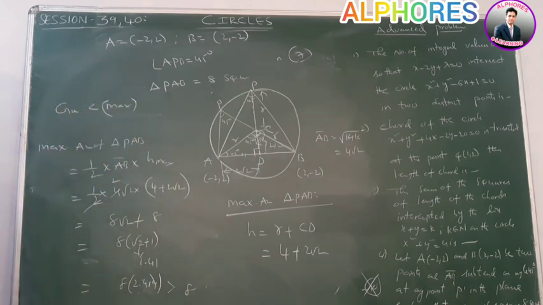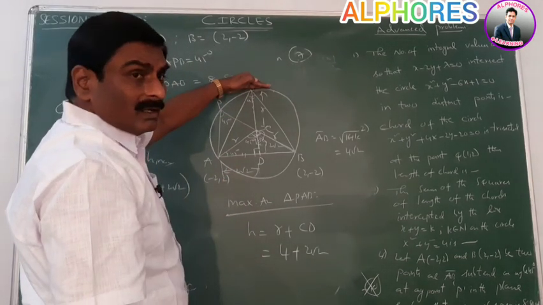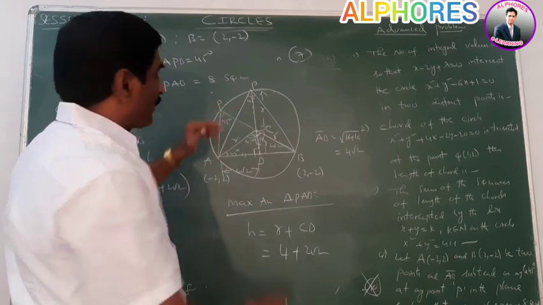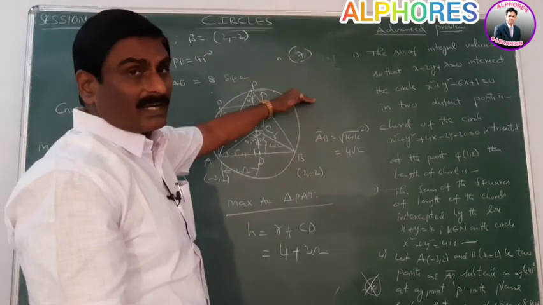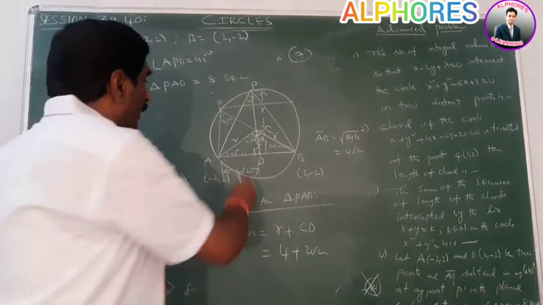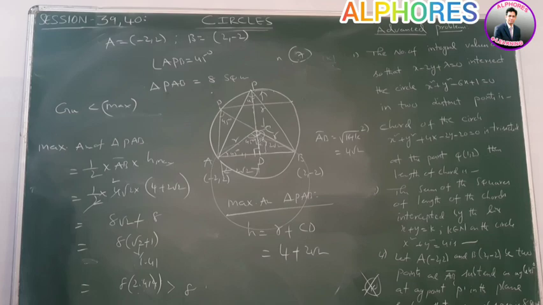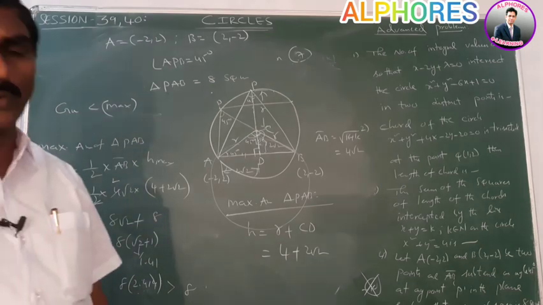Therefore, number of possible values of P is, in this circle we get height is, maximum height is this value. For getting this area, height is less value. That means there will be 2 possibilities. This side 1, this side 1. That means 2 possibilities in the circle. In the below circle we get 2 possibilities. That means 4 possibilities. Therefore, number of possible values of P is 4.